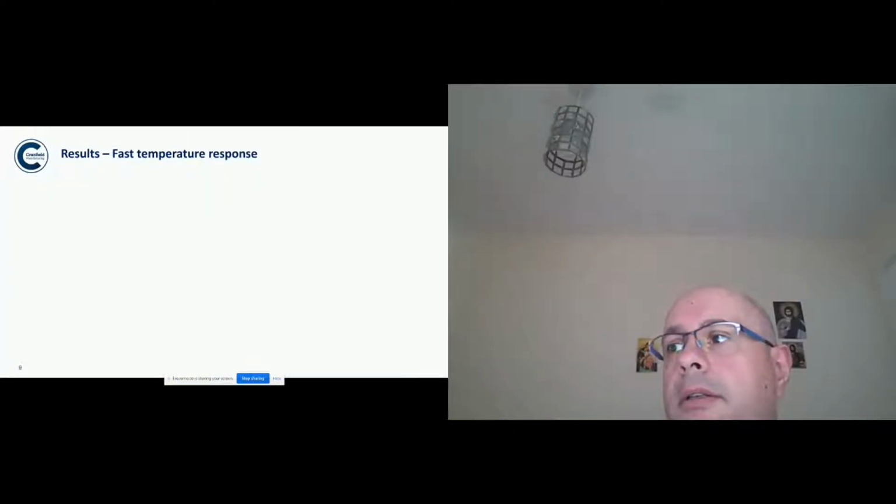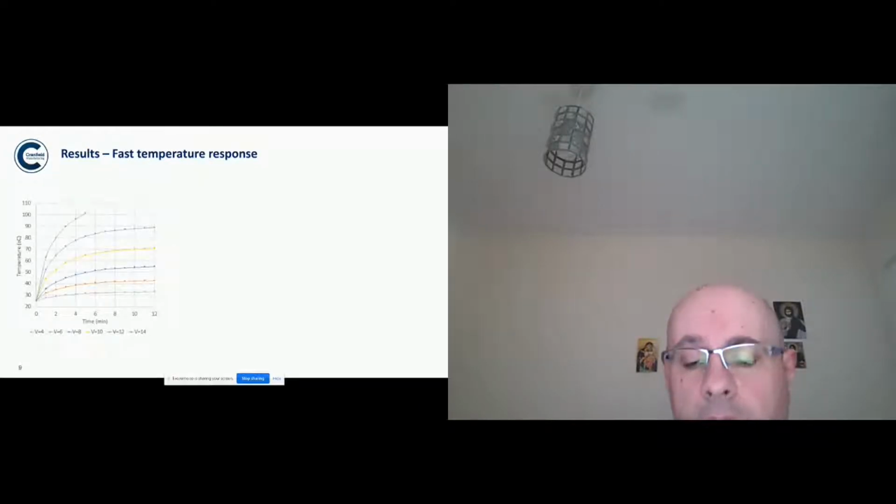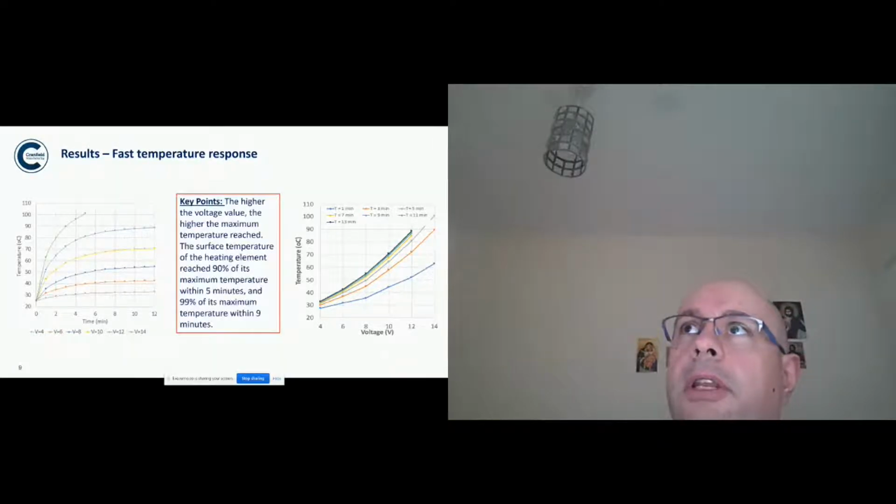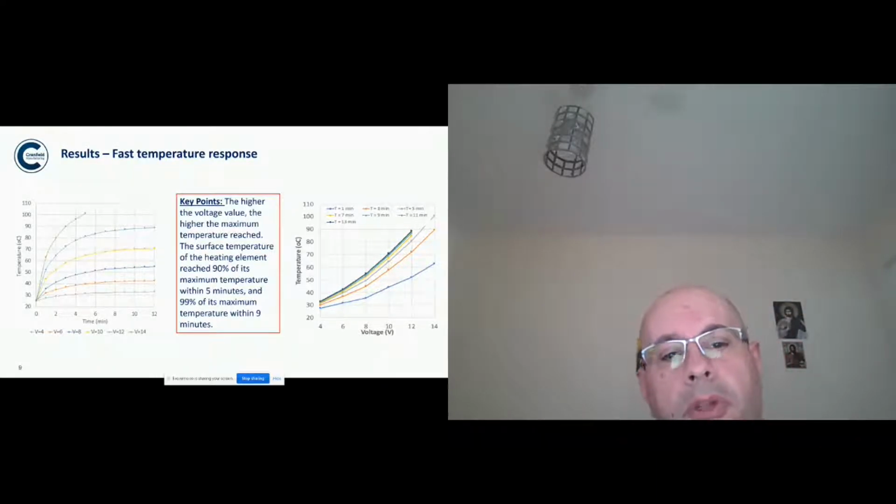Some of the results. We carried out a number of experiments, in fact more than 70, at different voltage values. And we've plotted the time against temperature and voltage against temperature. The notable effect of our discovery here is that the higher the voltage, the higher the maximum temperature. That was kind of expected, but we wanted to plot the exact relationship of this specific formulation and